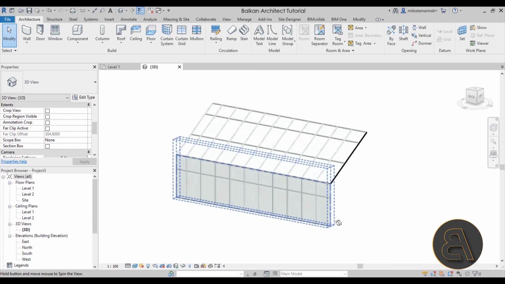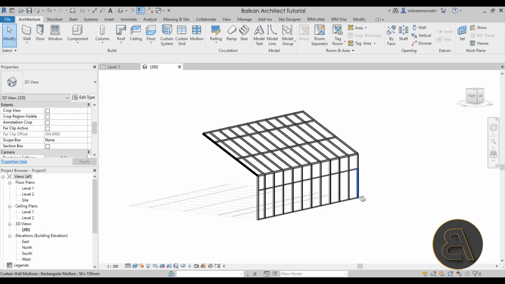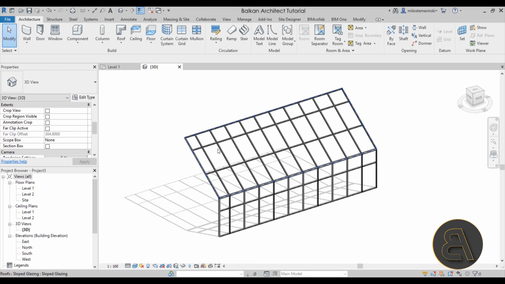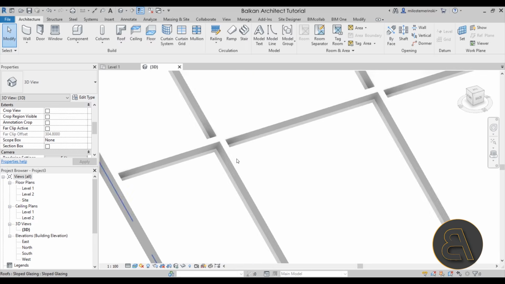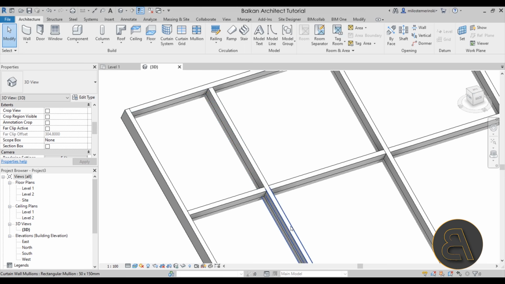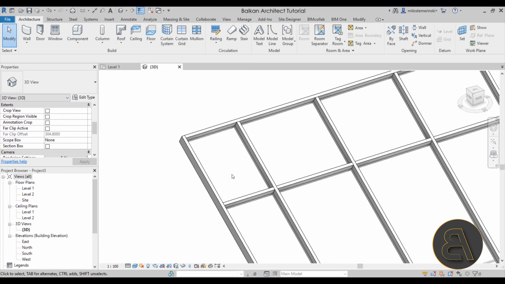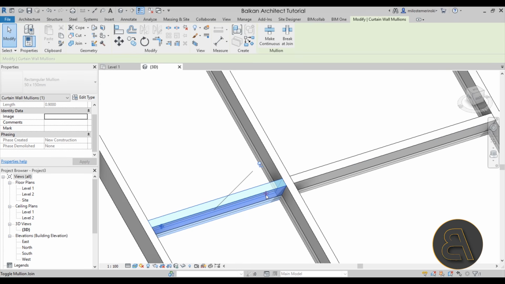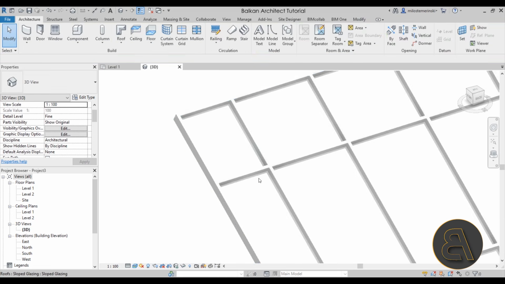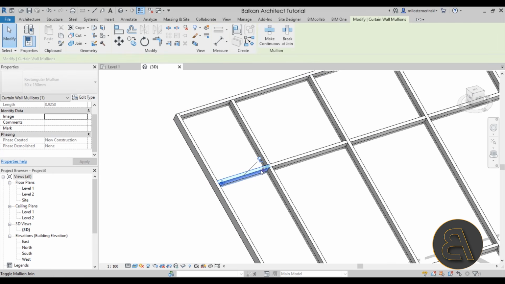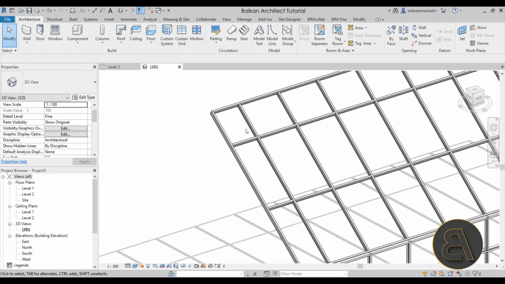Something else that you may have noticed is that here for these mullions, one is always going to go through, and then the other one is going to be split in half, which is kind of natural when you have any type of construction such as this. Now, you can actually edit this, so you can select the mullion itself, zoom in a little bit, and as you can see here, we have toggle mullion join on both sides, so you can actually change that on both sides. Now, you can change that individually like this in some very specific cases,